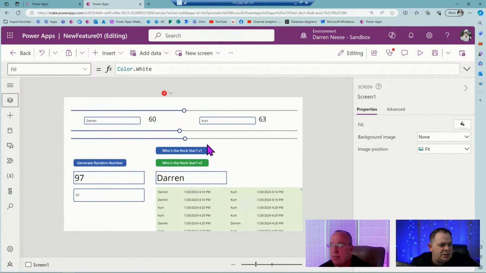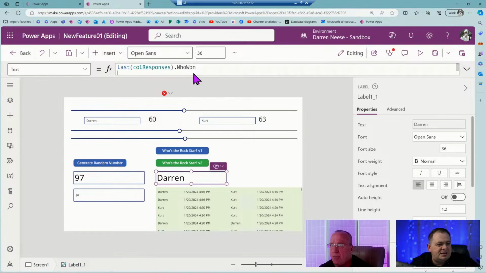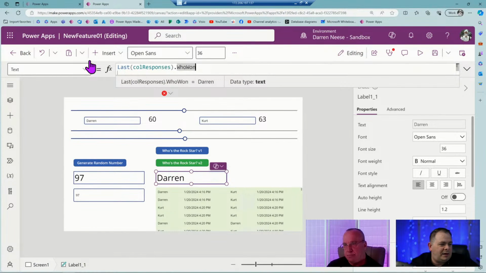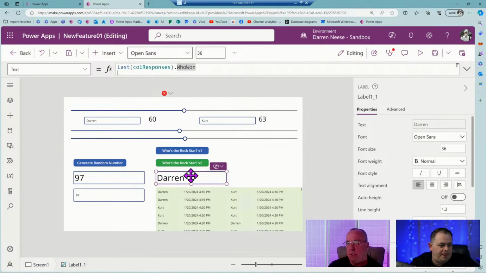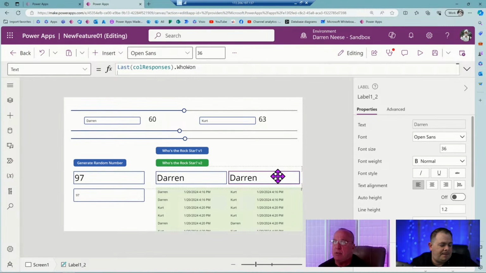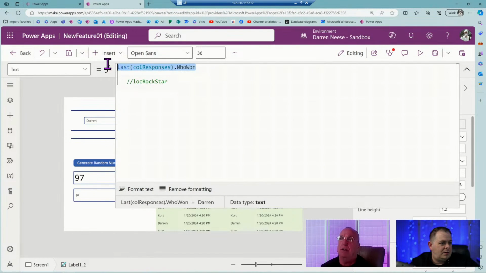So I want to know who that is. So instead of just having this, here, another thing here. Right. Who's got the most? Who's got the most wins? Right. So we need to know the ultimate rock star in the moment.